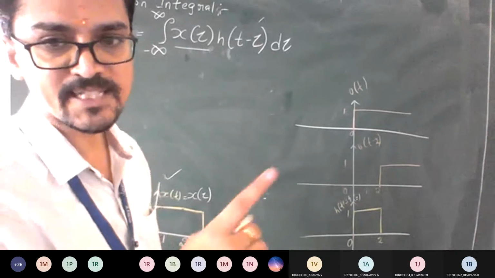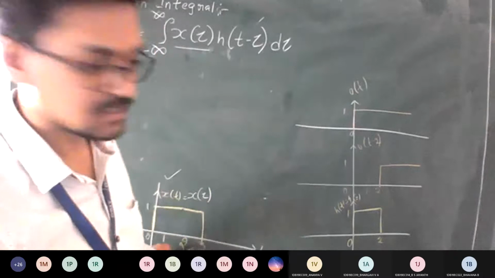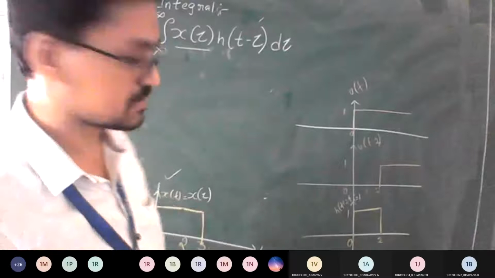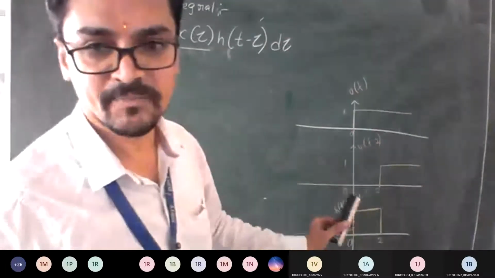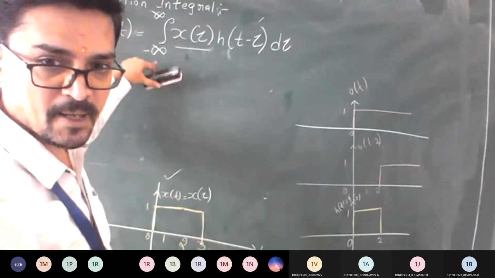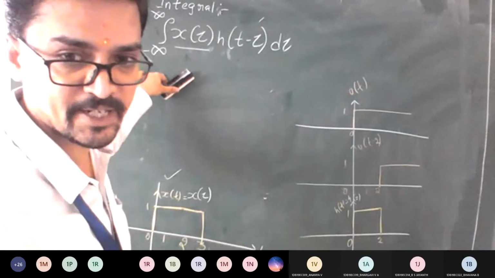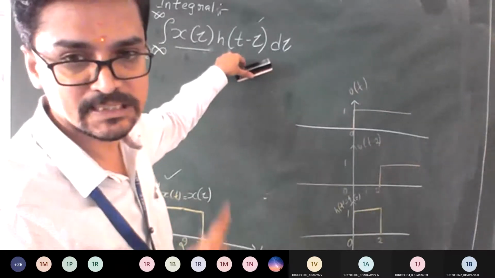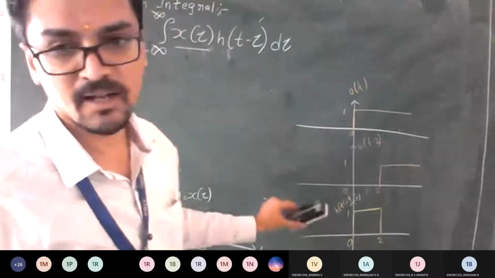It means you can vary the signal with a range of 5. So 3 plus 2, 5. 3 is this, 2 is that. The maximum will be 5, minimum will be 0, because on the negative side nothing is there. You need to keep that in mind: from where to where I need to vary. In general, it says I need to vary from minus infinity to plus infinity. So we'll verify whether you have any negative part also after plotting h of t minus tau. But the maximum where I can extend my interval or analyze the signal is till 5.